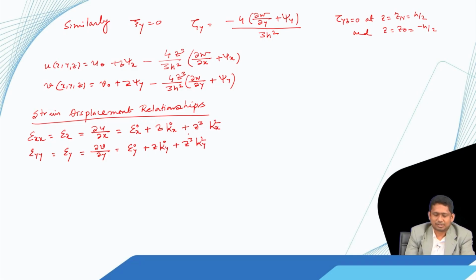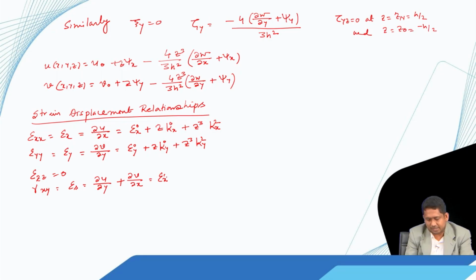So, these are not squares, rather they are superscripts, and then we have epsilon zz is 0, and then we have gamma xy, the engineering shear strain in the xy plane, which we denote as epsilon s, and that is equal to del u by del y plus del v by del x, and that becomes epsilon s 0 plus z into kappa s with superscript 0 plus z cube into kappa s with superscript 2, and then we have gamma x z,